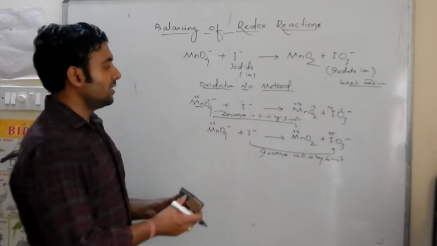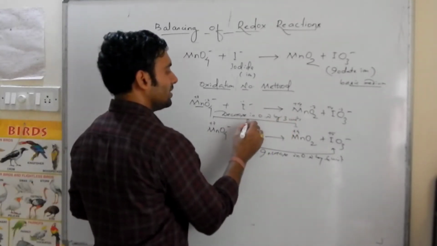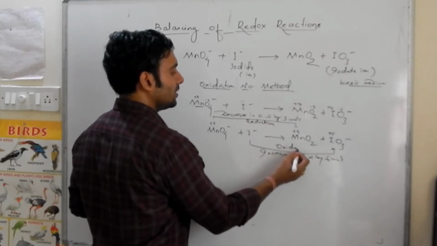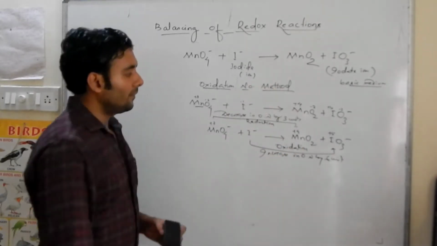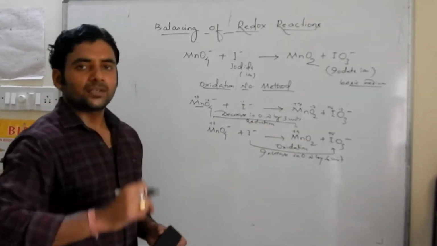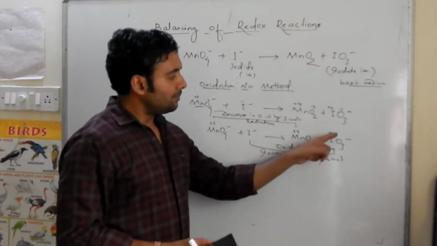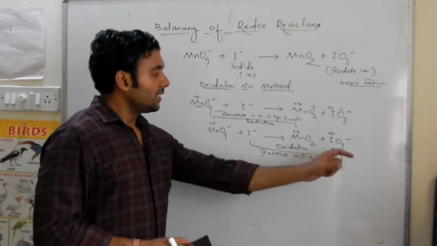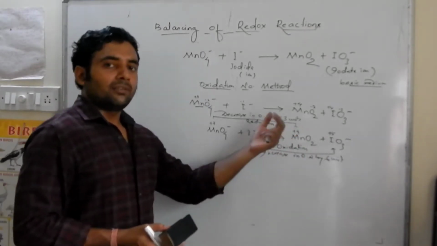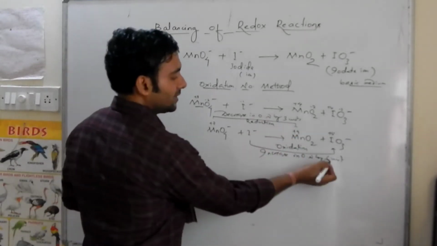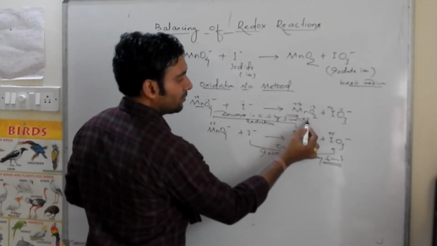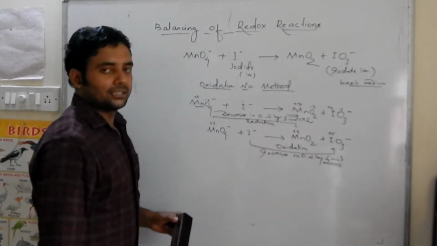So, a decrease in oxidation number by 3 units. Decrease in oxidation number means this is reduction. Increase in oxidation number means this is oxidation. +7 to +4 means there is acceptance of 3 electrons. I -1 to I +5, so there is a release of 6 electrons. The electrons lost should be equal to the electrons accepted. So see the factors here: 6 units, and this is 3 units. Multiply this with 2 so that it will become 6 units.